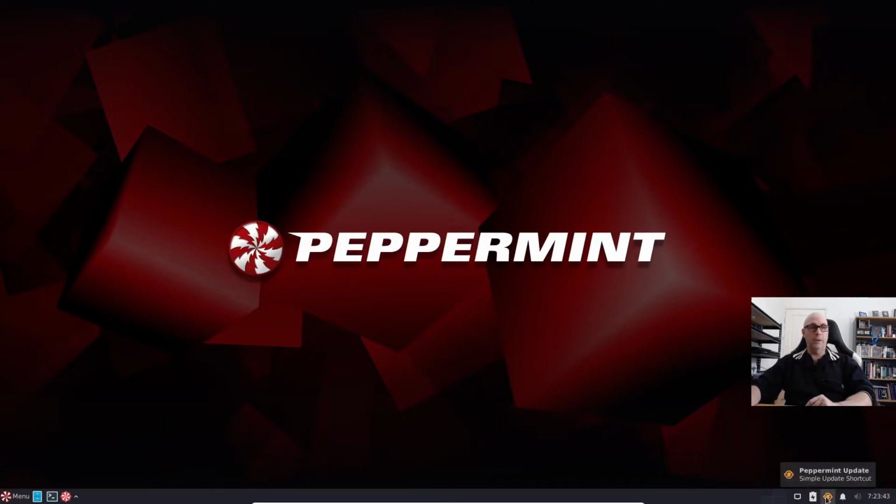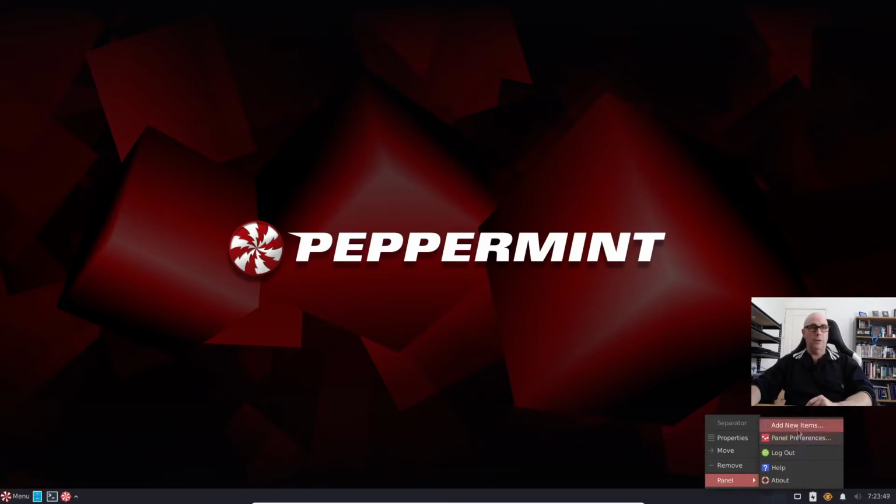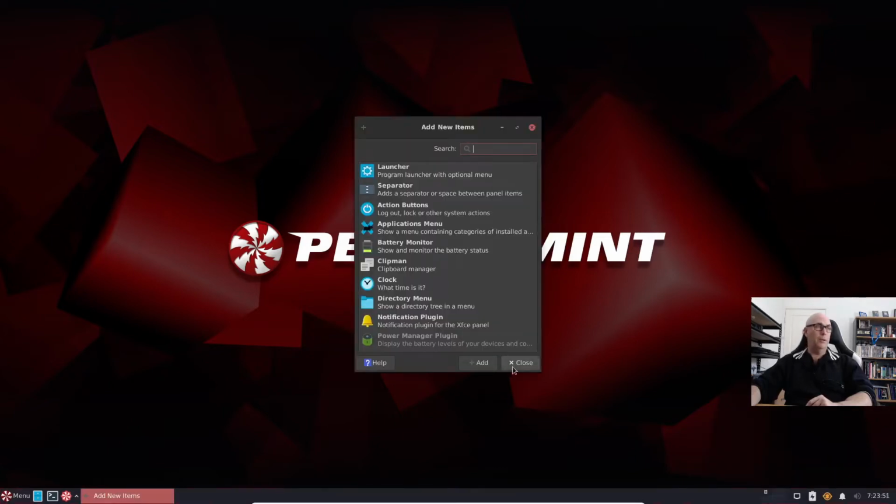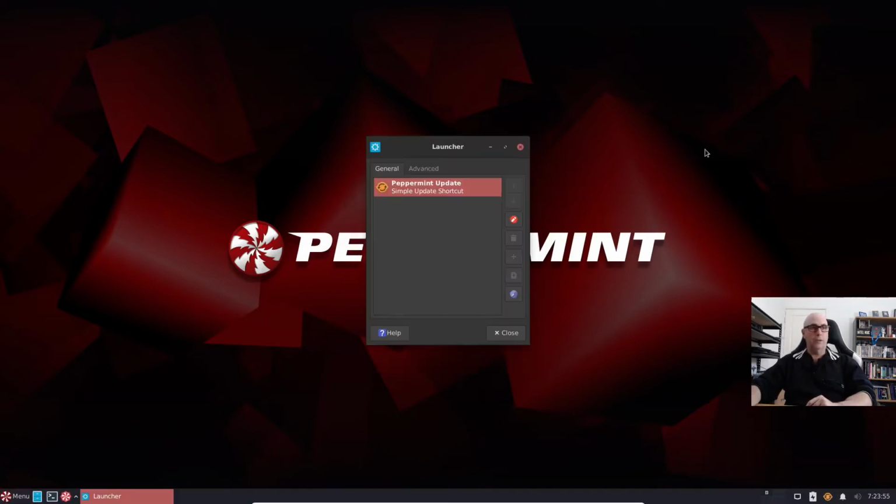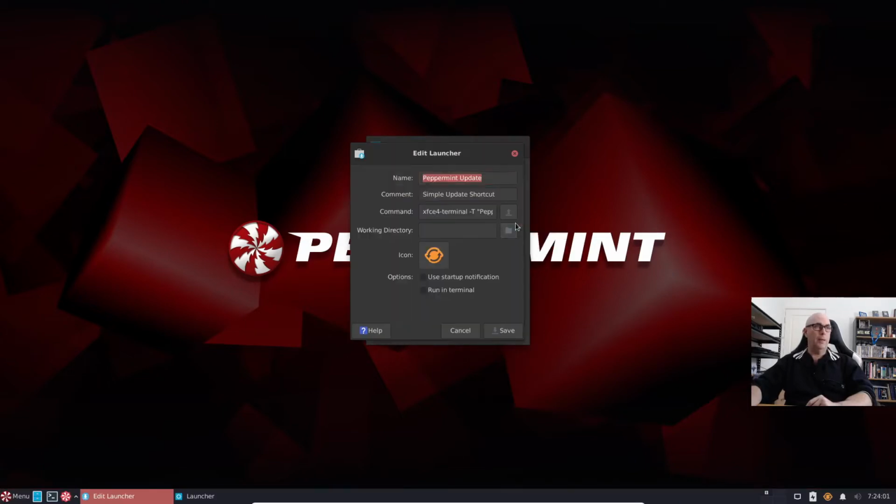And lucky for me, I've still got the Update Manager in there. So if we go to properties of this one here, this Peppermint Update, and we select the edit button, you can see the icon there. So the comment is simple, update shortcut. So what we're going to do here is